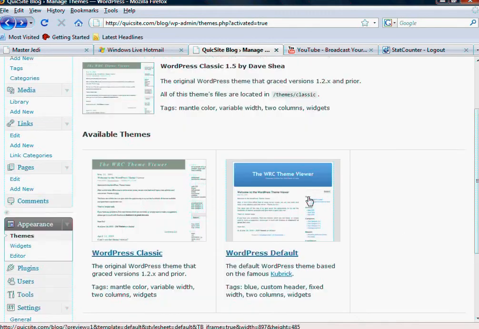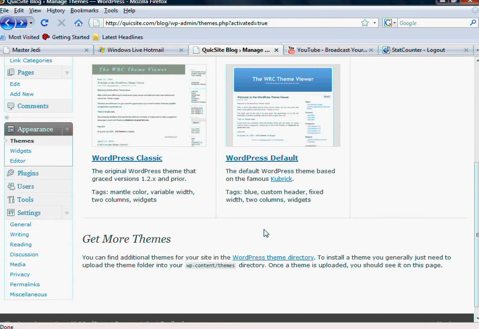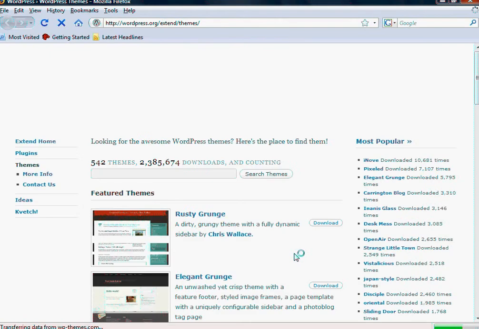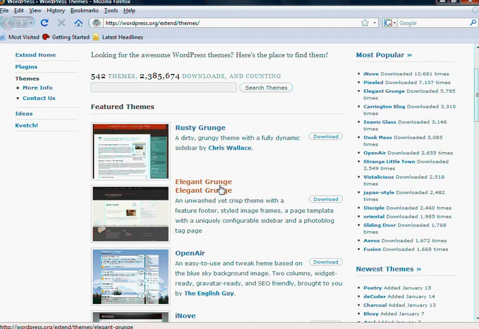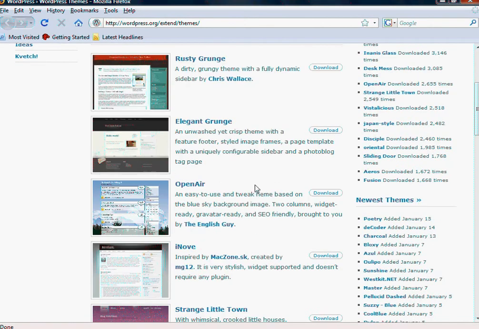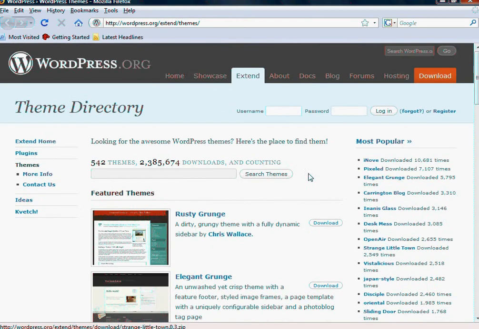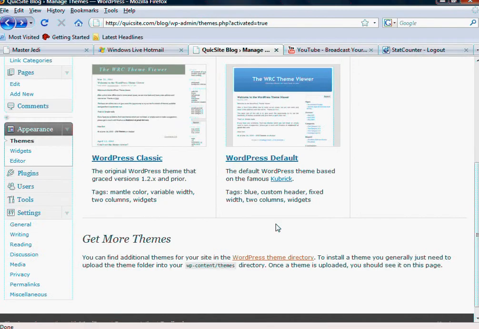WordPress is very cool, like with most content management systems, and there's a link at the bottom that says WordPress theme directory. And if you go to that, there are literally hundreds and hundreds of themes. 524 themes as of the time I clicked this link. And basically you can download all these totally free, okay? And when you do, you follow the download or the upload instructions to your site,